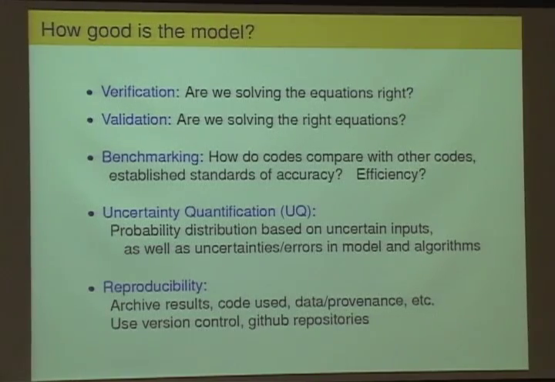And then reproducibility, as Eric mentioned, that's something that I've been pushing in computational science in general, and in particular in all of this sort of hazard modeling work. I think it's very important that we can go back and ensure that we used the version of code we thought we did, and that we can reproduce the results later if we need to, and that other people can reproduce the same results that we got by using our code. So we've been trying to keep everything that we do under version control, and our software development is all done openly on GitHub, and anybody can issue a pull request if you find a bug or something or raise an issue. So we've been trying to work in ways that will make it easy to go back and reproduce what we've done in the future.